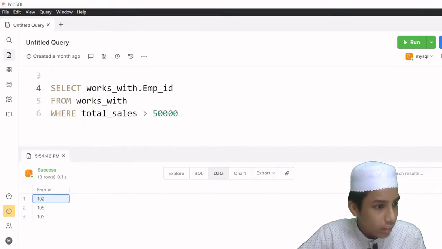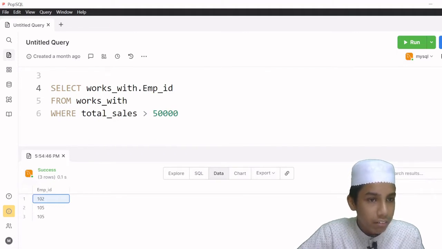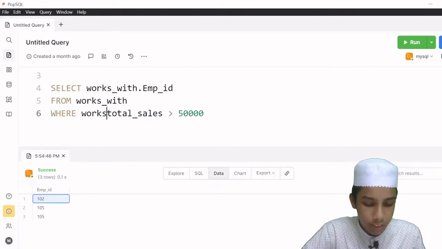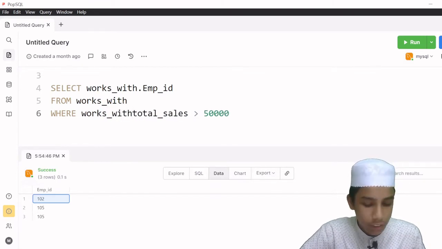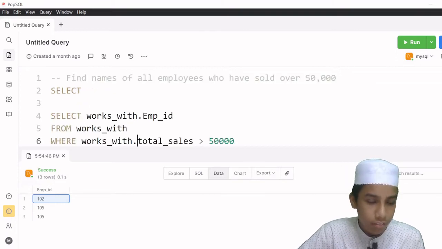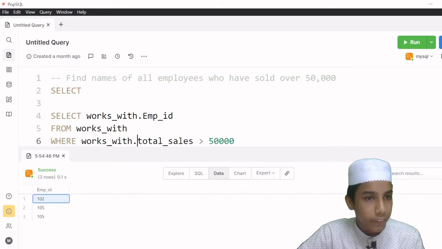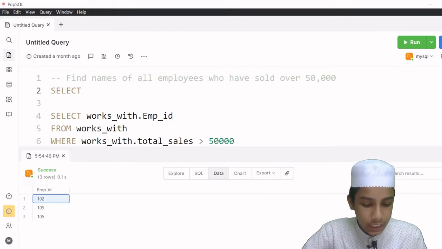So we select works_with.empid, and then from works_with, where works_with.total_sales, because then later we don't get any errors. Okay, so now I have this select works_with employee id. We have all of these things, and now I'm going to give here